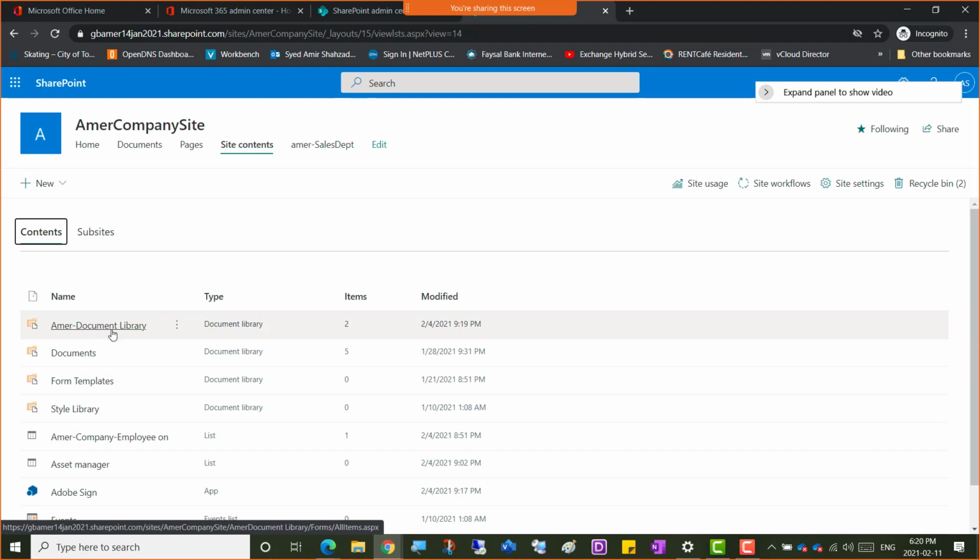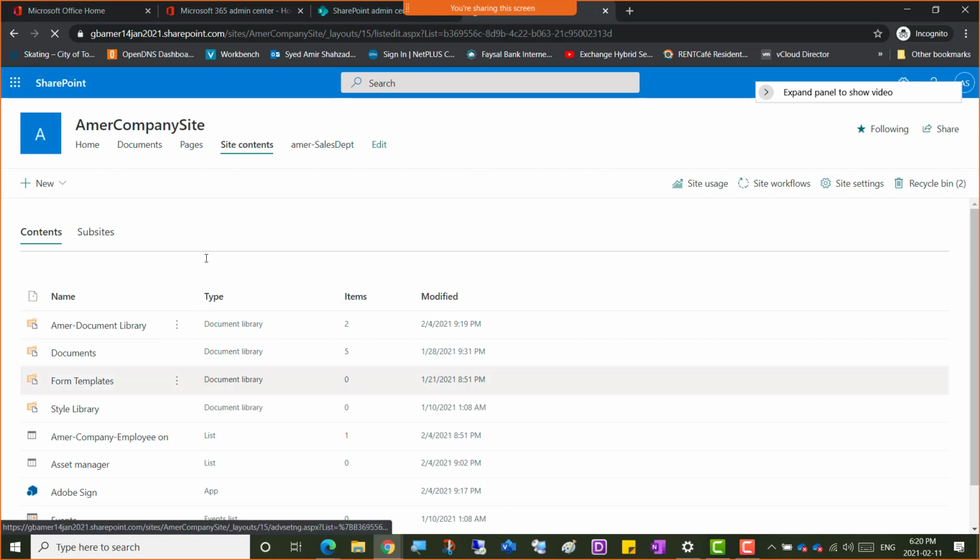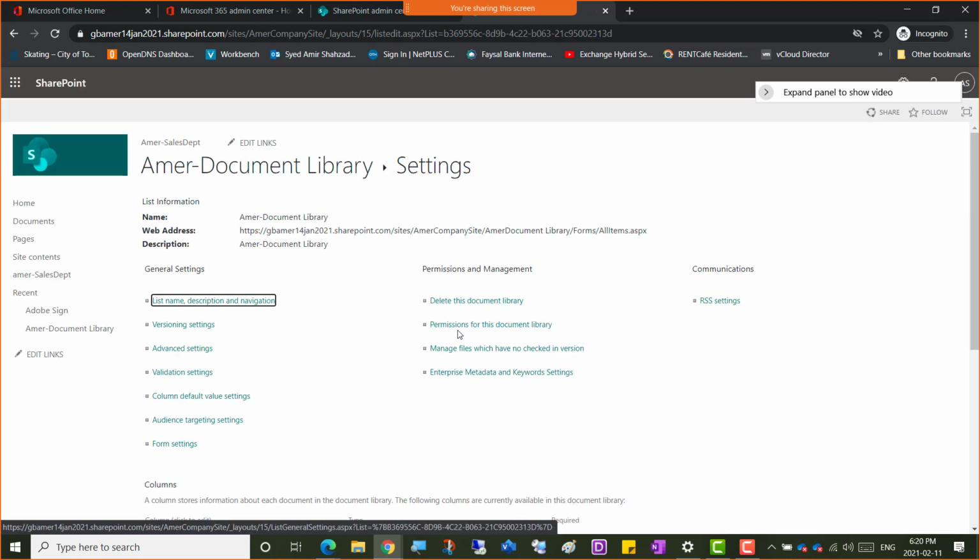Then this is the document library that we created last time, right? So I clicked on the three dots of the document library that you created and settings, and inside that I'm going straight to the permissions for this document library. But once I showed you the permissions for this document library, then I went to check if it's getting all the permissions from the parent side, so what are the permissions on the parent side? So first I'm going to the document library level permissions,